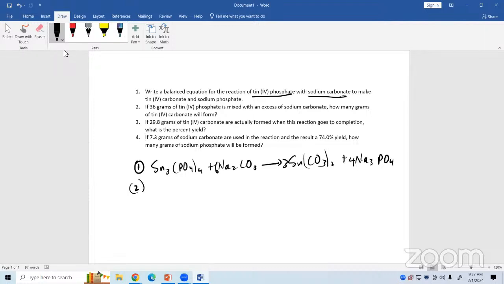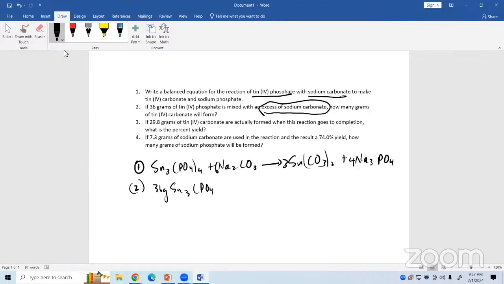So for question number 2, it says, if 36 grams of the tin(IV) phosphate is mixed with an excess amount of sodium carbonate, how many grams of tin(IV) carbonate will form? All right. So in this case, they already told you that the sodium carbonate is in excess. So therefore, that tells you that the limiting reactant is the tin(IV) phosphate. So all you have to do is start off with 36 grams of the